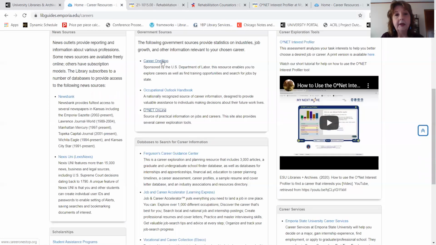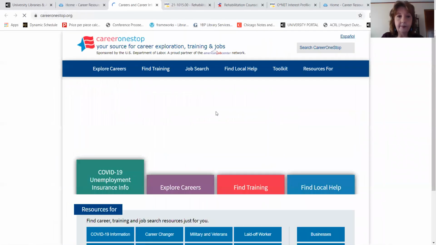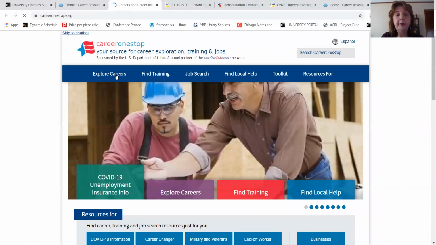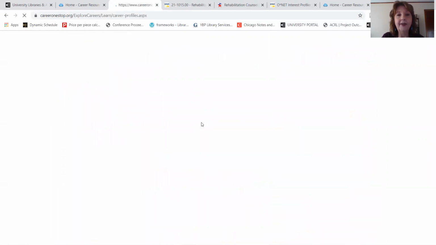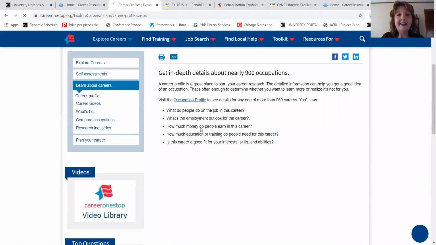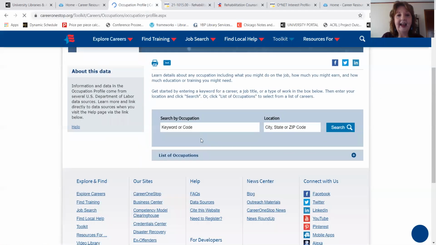CareerOneStop is another possibility. And this one will let me explore careers, but it will also let me do things like do a self-assessment similar to that O*NET interest profiler. So I can figure out what my interests might be and my skills, work values that I have, and how that might match to an occupation. I can also go again to career profiles. And if I went to an occupation profile, I could search again. I can do a list of occupations, or I could search for